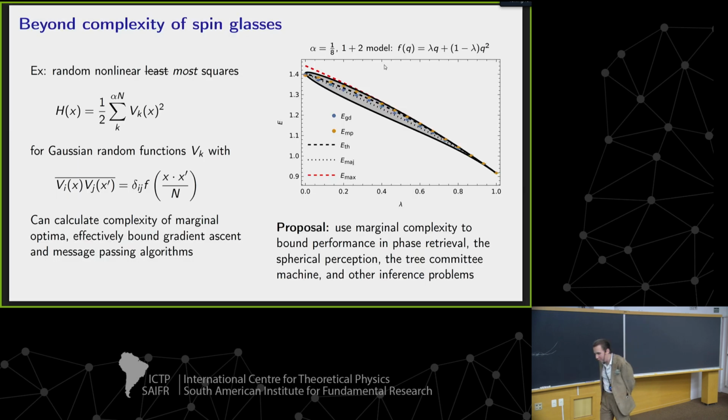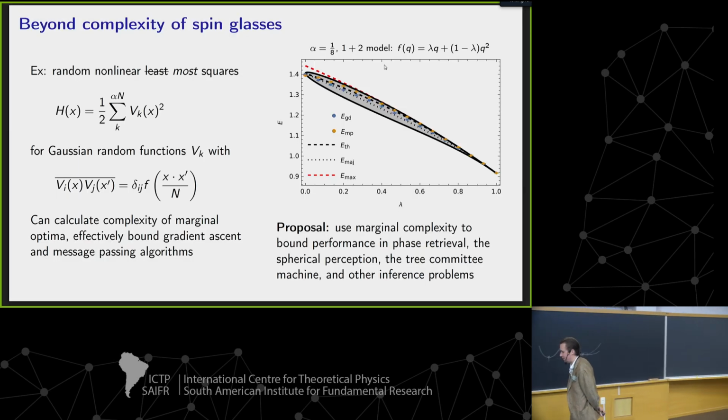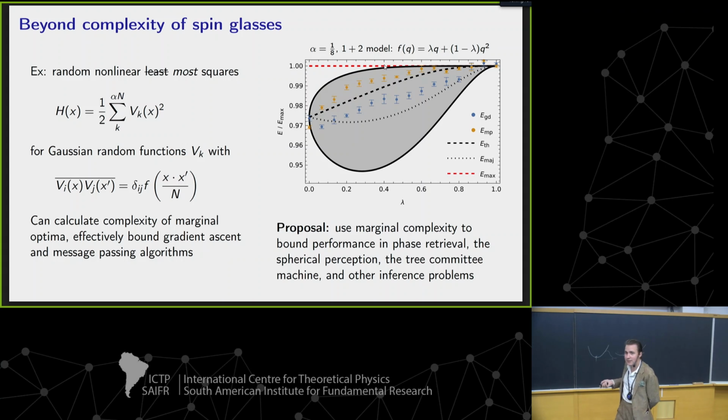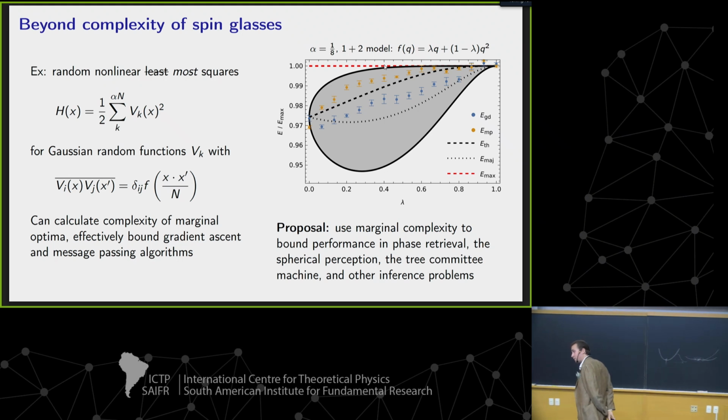And if I run algorithms, using one of my old advisor's computers, crunching gradient descent over and over again, and message passing over and over again, zooming in because it's easier to see, we can see that, in fact, it's not a very tight bound, but the marginal minima do, in fact, bound the performance of these algorithms quite well, at least in this preliminary data. This is fairly recent work I've been working on.